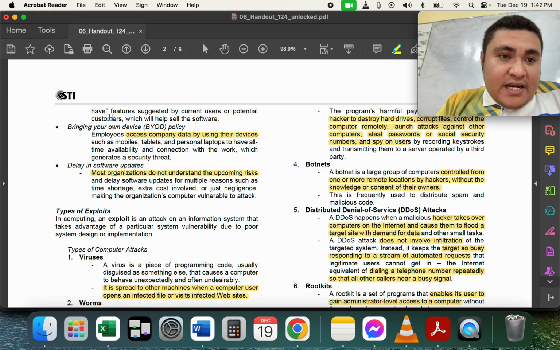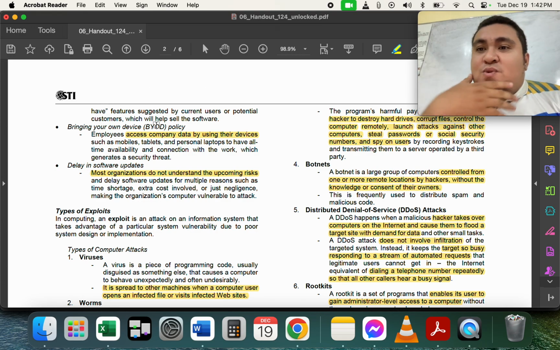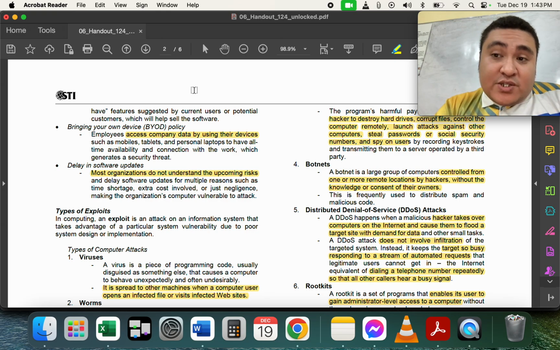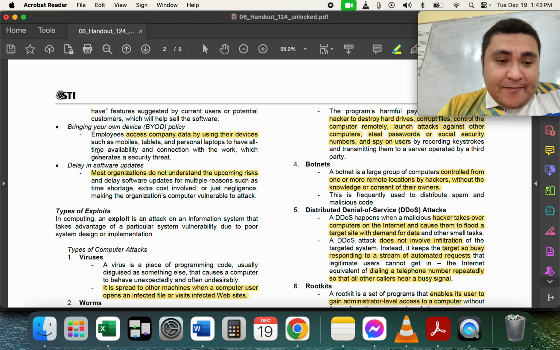You also have it here. Another one is BYOD. So this one is actually also true in our organization. We are allowed to use our own device, but then again, it can be noticed that since it's our own device, it's not configured in a way that will help hinder any attacks. Okay? So with this one, personal devices get to access computer or company data, which should not be done.